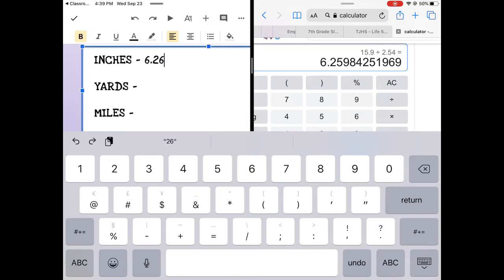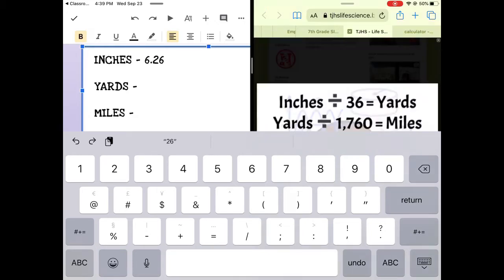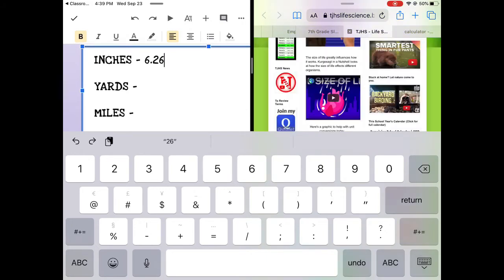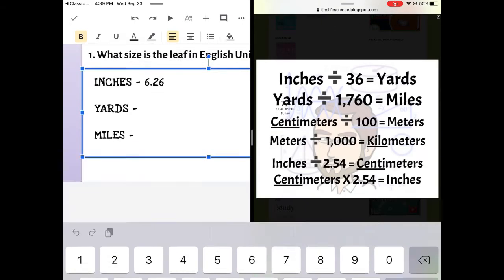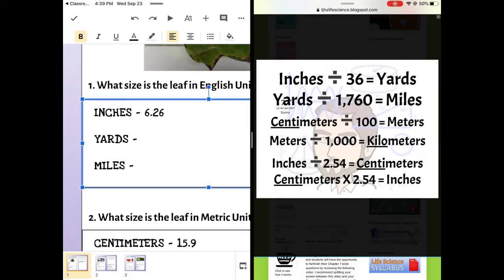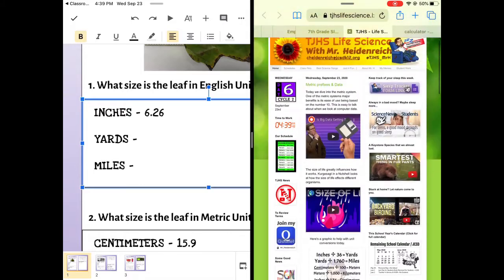So before I had a slightly different measurement. 6.26. To go further, I need to know some more math. So if I go to my other website, in my blog, I have a picture showing us what we need, like that, how to get from centimeters to inches. I need to fix that, that's wrong, but centimeters divided by 2.54 gives us inches. To go from inches to yards, I need to divide by 36. So the number I just had,